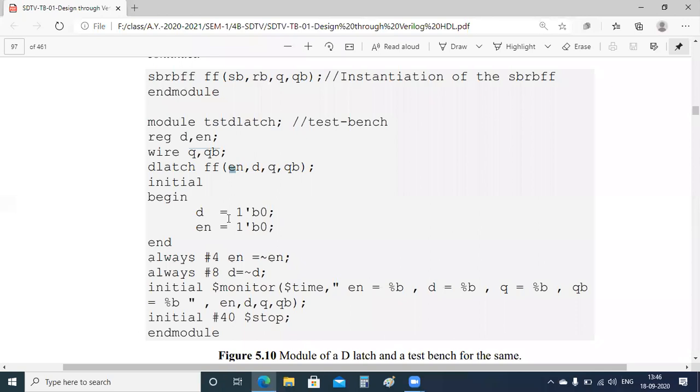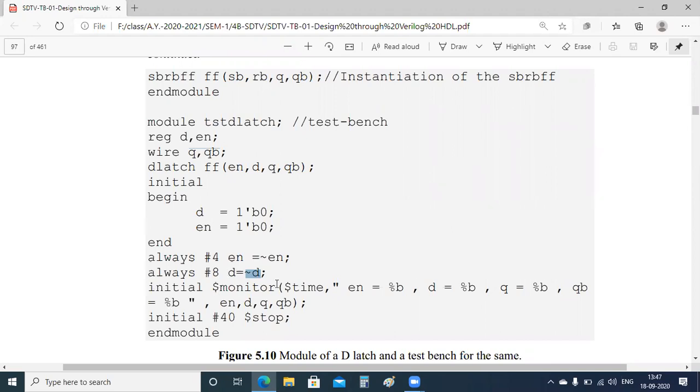Initially we are making the values of D and enable as 0, and whenever enable is there we are negating it: enable is equal to not enable. We use the negation symbol for that, and for every D we have to negate D.